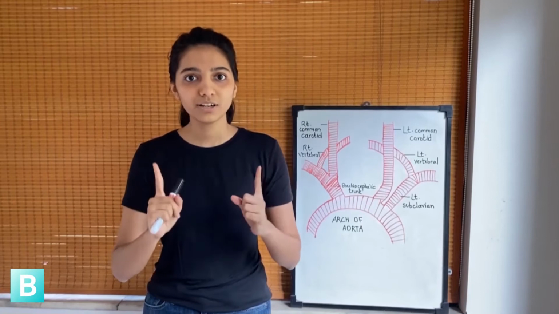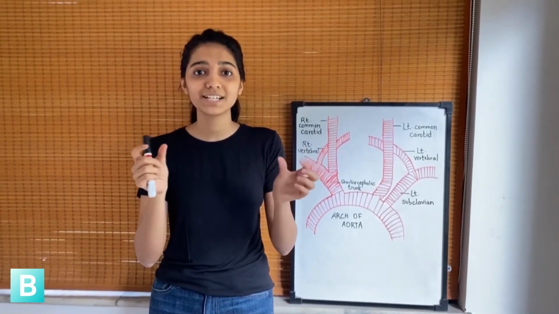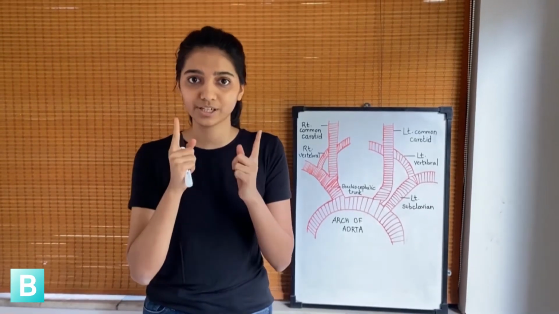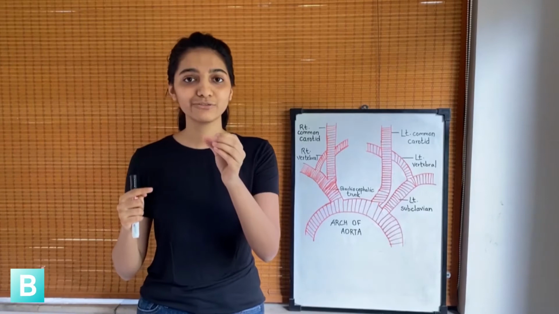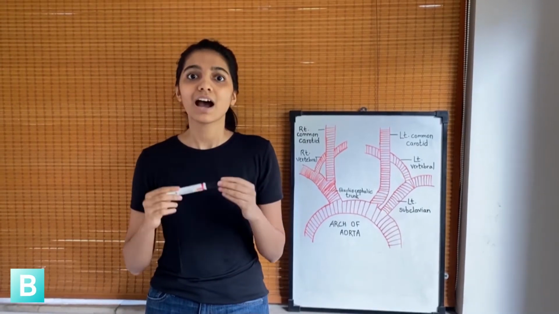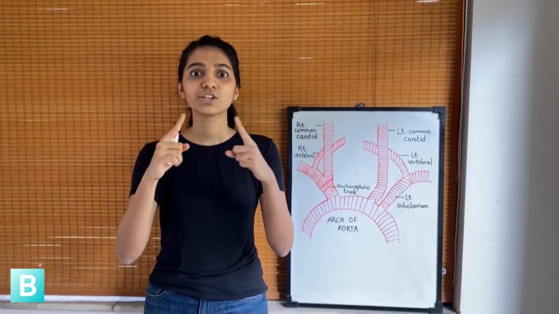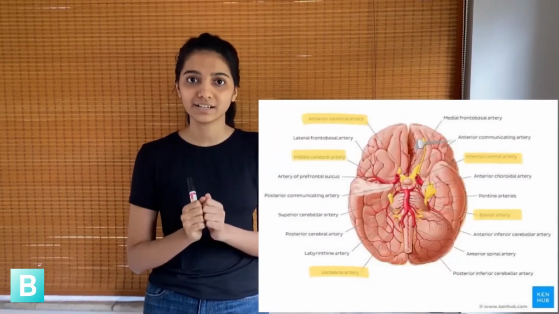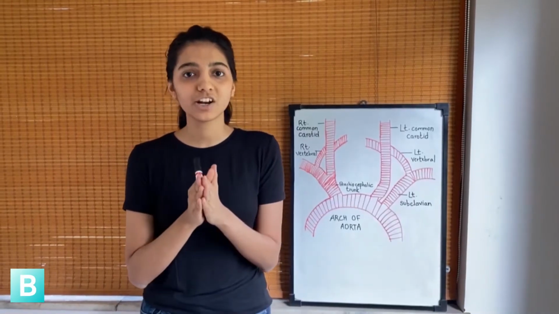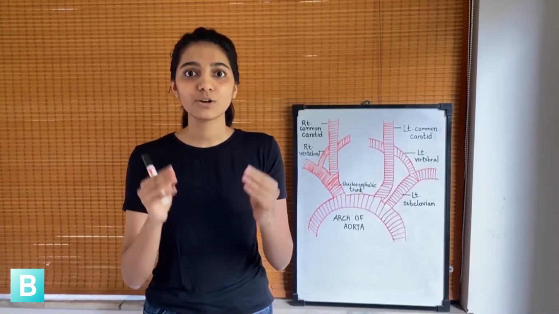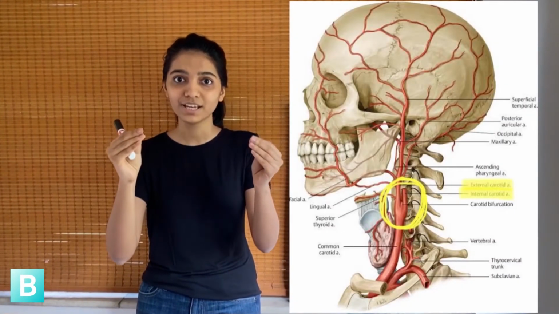Now, both the vertebral arteries travel in the neck via the foramen transversarium of the cervical vertebrae, and the arteries enter the cranial cavity via the foramen magnum. After they enter the cranial cavity, both the vertebral arteries unite to form the basilar artery at the lower level of pons. Now the common carotid arteries at the level of C3-C4, I repeat, at the level of C3-C4, branch